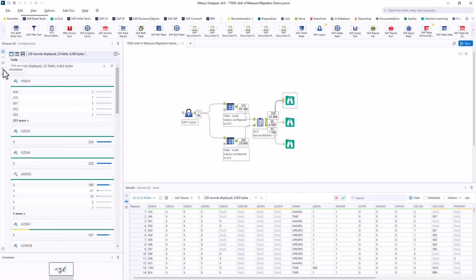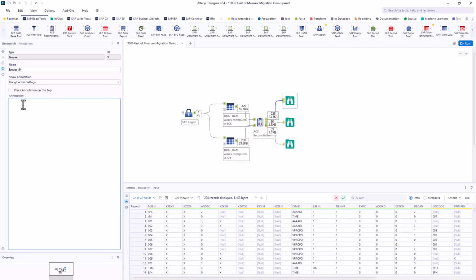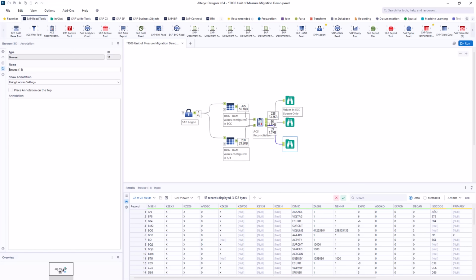The left anchor shows records that only exist in the source system, and the right anchor shows records that only exist in the target system. The join anchor is special as it takes every record that has any differences and reports them out field by field. Within seconds, Alteryx and the DVW reconciliation tool can identify every difference, such as missing values or mismatched fields. In this case, we can see that there are 228 records that only exist in the source system and 53 records that only exist in the target system.